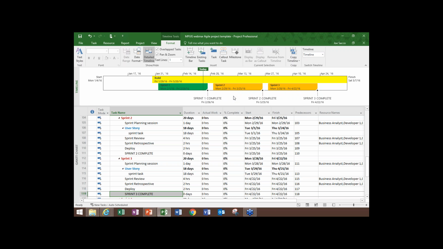So let's say you're meeting with a steering committee once a month and you need to communicate your schedule. Do you really want to show them a 500-task Microsoft Gantt chart schedule? Who's going to read it? But what they will do, they will look at the timeline, and this tells you the story, the things that they want to know. When are you going to be complete? When is the next sprint going to be complete? What are you going to deliver in those?